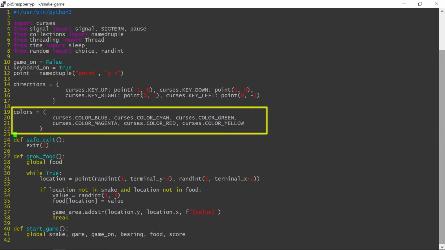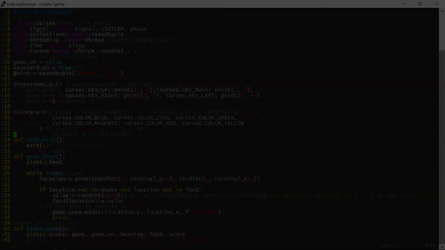The curses library has a few predefined colors, which saves us from defining them as abstract numerical values and makes using colors much easier. For example, color red happens to be a 1. I'll place the colors in a tuple, which makes it easy to process them using a loop. All data stored in a tuple is immutable, making my colors read-only after they're defined.